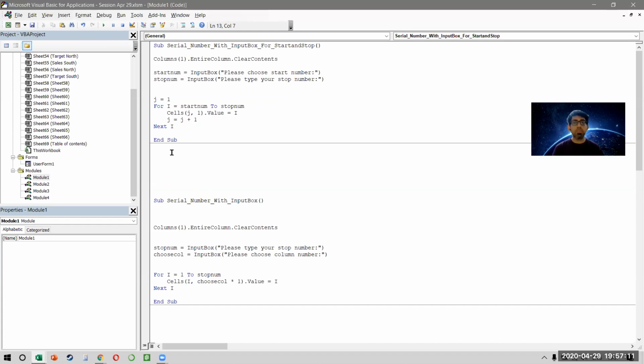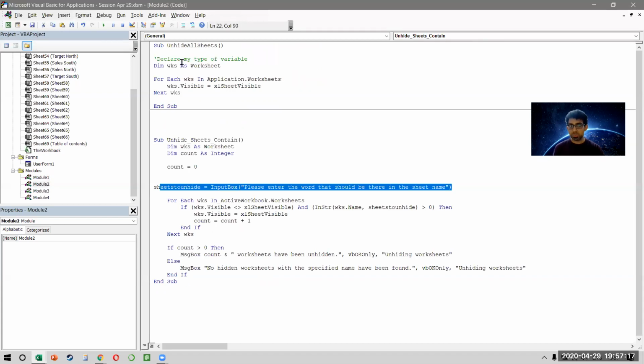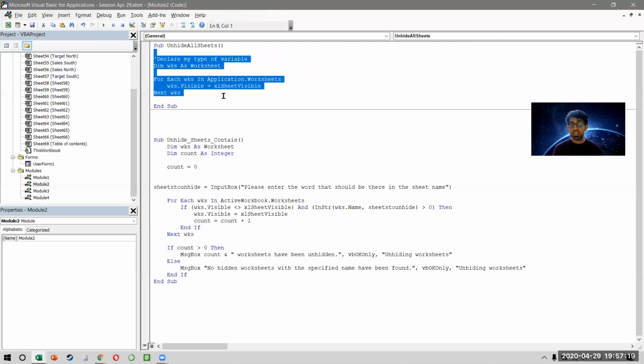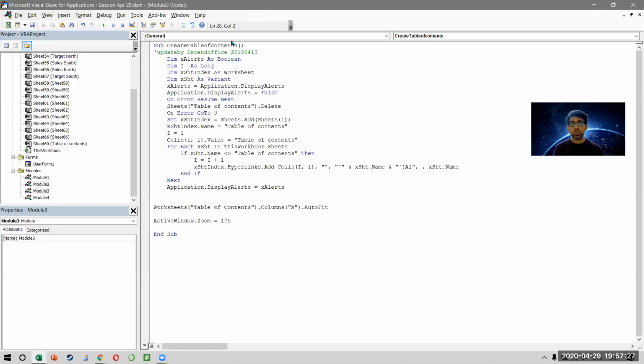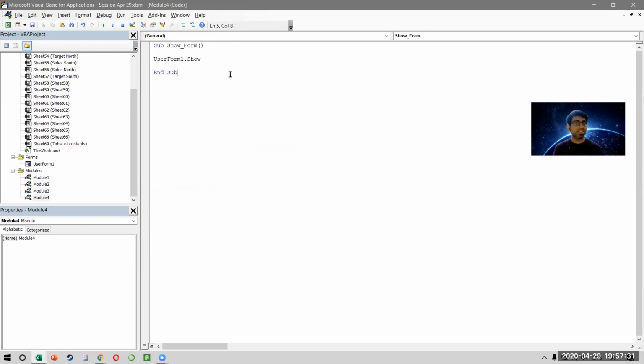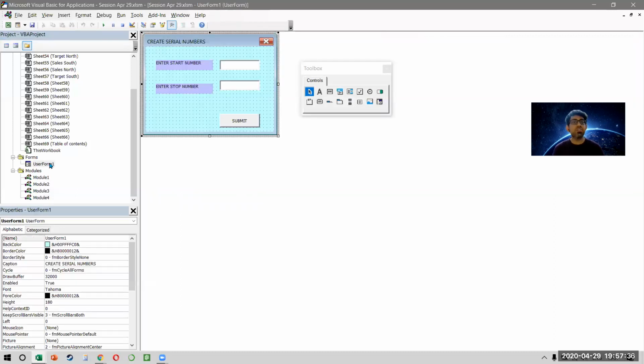Then I showed you how you can copy codes from the internet by simply typing VBA code to. We did a couple of codes. We did unhiding all the sheets, which was this one. And then I showed you that there are different codes available in unhiding a sheet. And there are 4 or 5 codes available on the website. You can copy all of them. And then I showed you table of content can be created as well. And then we created a user form. The advantage of a user form is that this is obviously the best way of running a macro. This is the most beautiful user experience that you can possibly create.